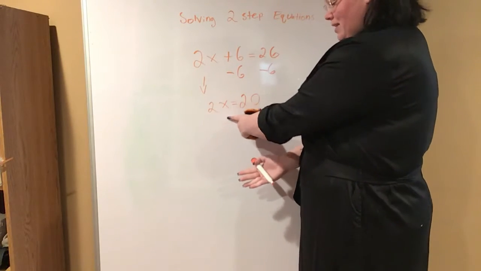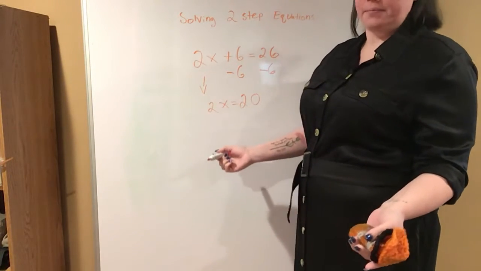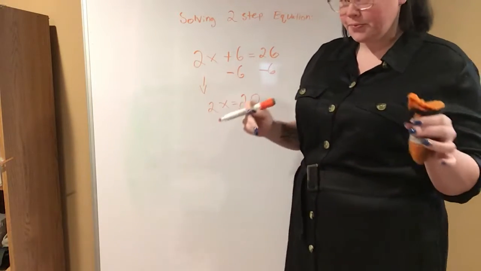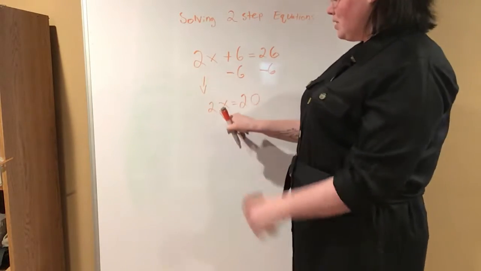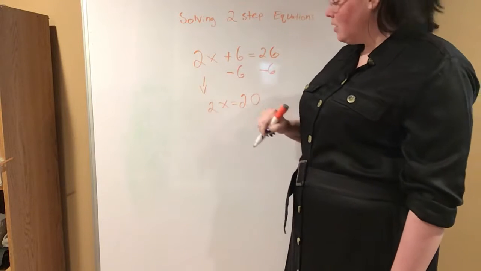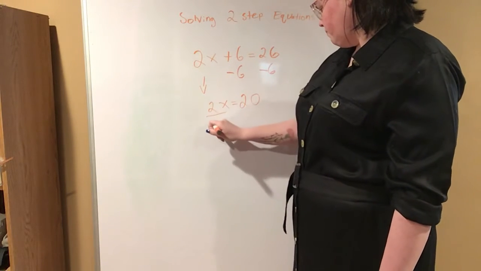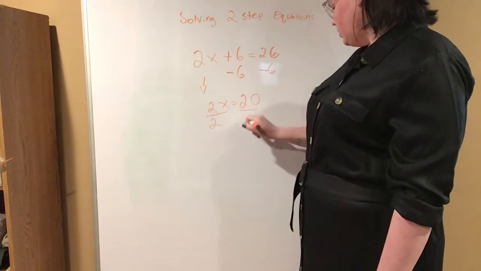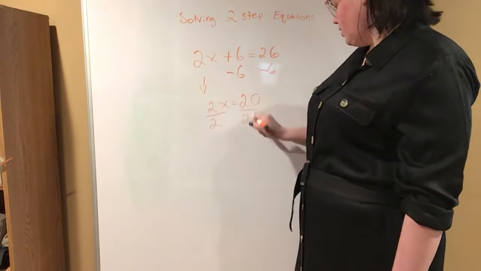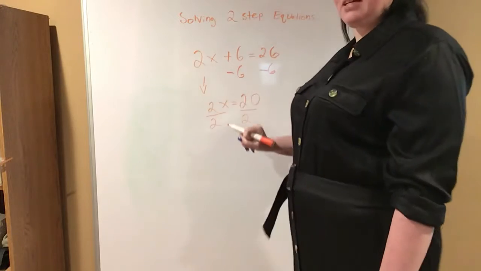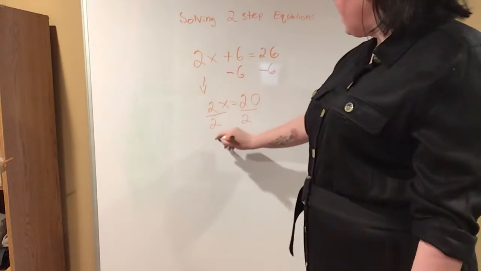Let's just chill it with this x. I gotta get rid of that. So, the best way to do that is, it's being multiplied, right? The opposite of multiplication? Division. Divide both sides. So whatever you do to one side, you have to do the other. Divide both sides by 2, and you get